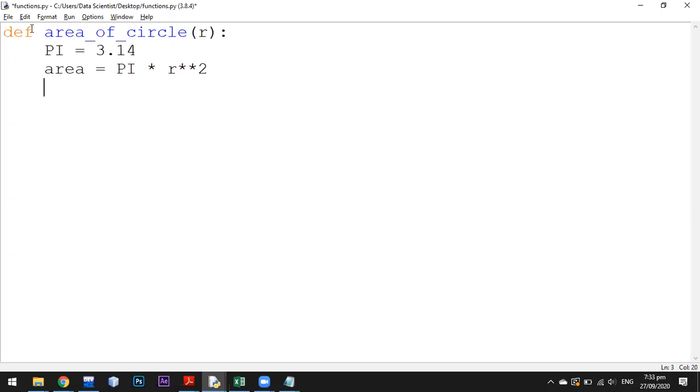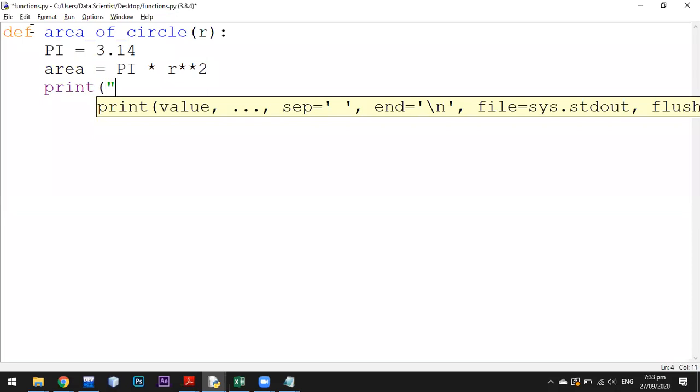Okay, and then I want to print that area of circle having radius is area.